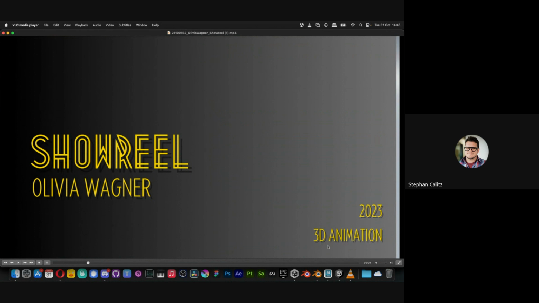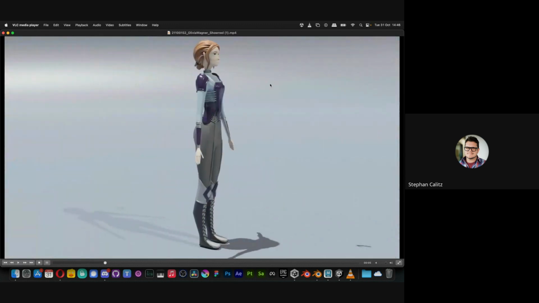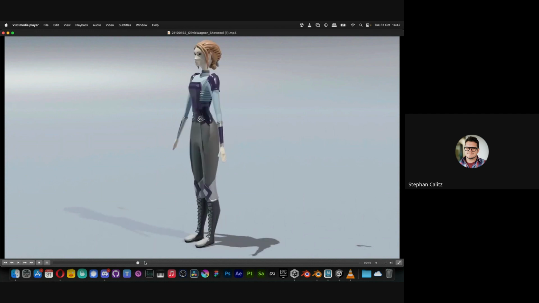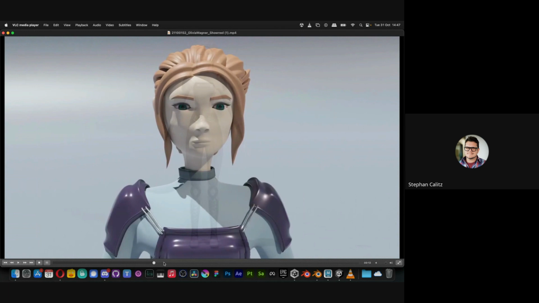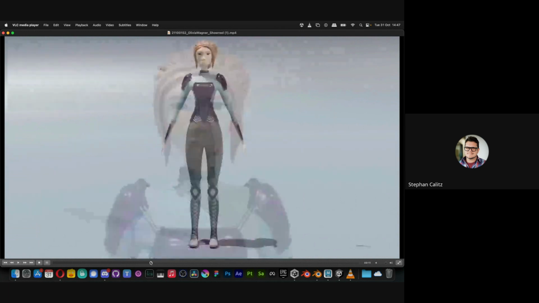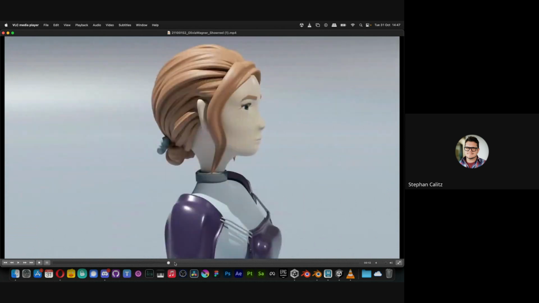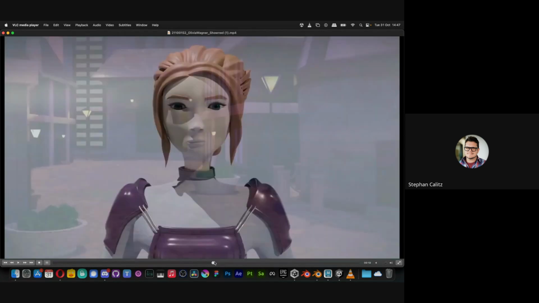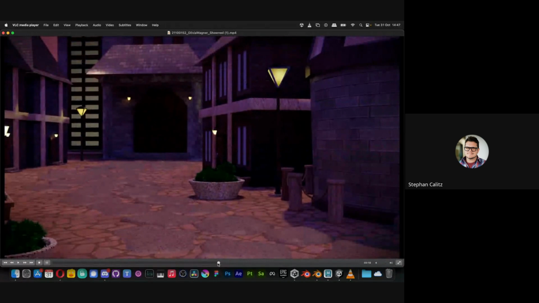I would just scratch that logo, or that title there, because we're not just looking at 3D animation in there, so it's just a little bit confusing. Just get rid of that. And then we linger a little bit too long on this, and her facial topology doesn't look like the best. So I feel like this is maybe just taking up a little bit too much of your reel. It's like 50% of it.